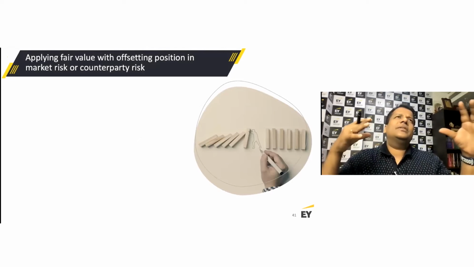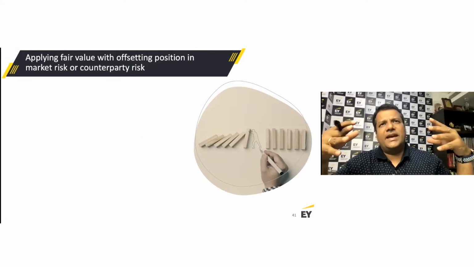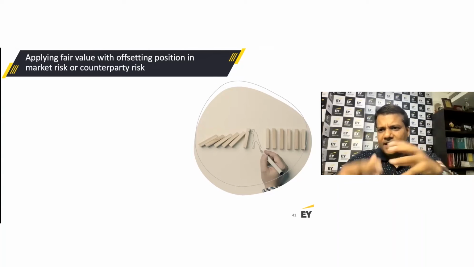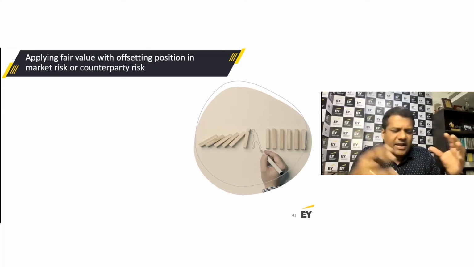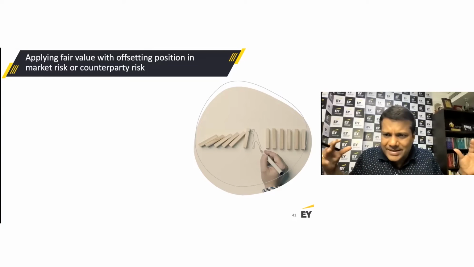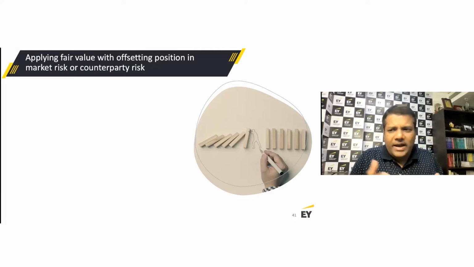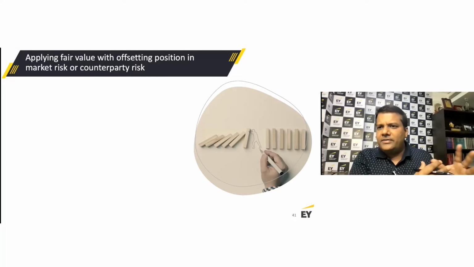So essentially, this principle suggests that if there are multiple assets and multiple liabilities, and they're offsetting each other, and that's how marketplace participants look at it, then you are also supposed to consider those scenarios while you are assessing fair value. It's a very objective assessment, driven by how market forces are going to drive fair value, and with the objective of how I maximize the value.